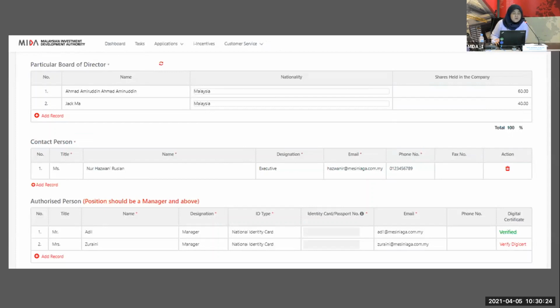Because there were cases from migrated company profiles and migrated contact persons whereby the contact person that we migrated is no longer working at the company, or maybe the email address they're using is no longer valid or active.